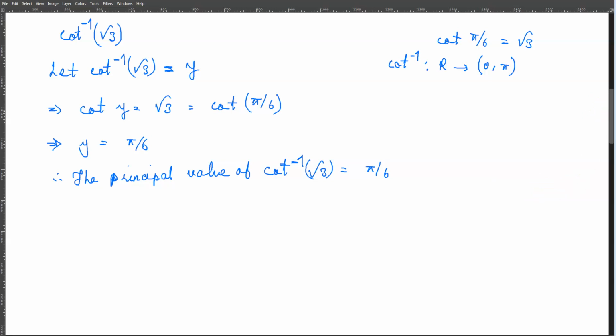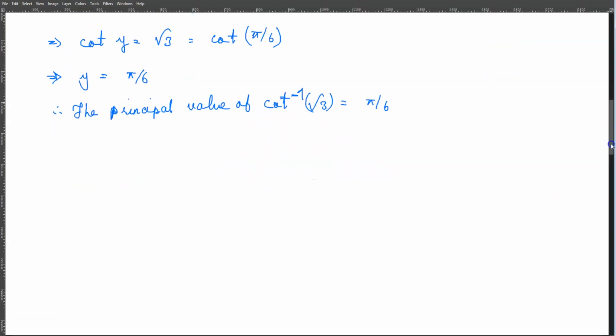Question number 9, we have the cos inverse of -1 over square root of 2. Now if I let basically the cos inverse of -1 over square root of 2, which is ultimately equal to square root of 2 over 2,